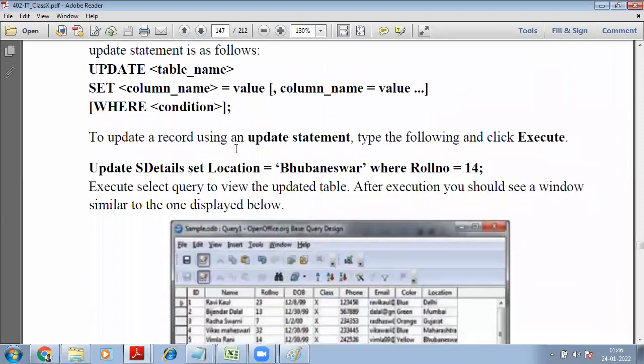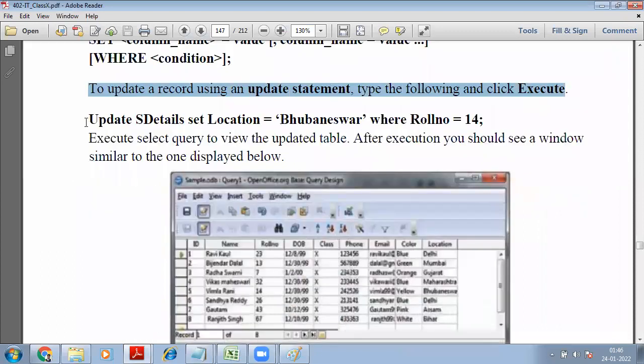Coming to the example of the book, to update a record using the update statement, type the following and click execute. So now, you are writing update S details, where S details is the name of the table, set location equal to Bhubaneswar. So here the location is to be updated with the Bhubaneswar value, where roll number equal to 14. It means the student whose location earlier was maybe something else. Now, if you want to update its location to Bhubaneswar only for roll number 14,